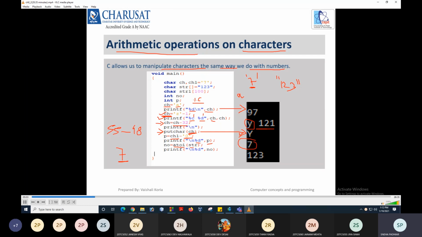When you pass this str array into the atoi function, 1, 2, 3 will be converted to a number that you can print using the %d format specifier. You can see the output here: when you print the number variable using %d, it prints 123.